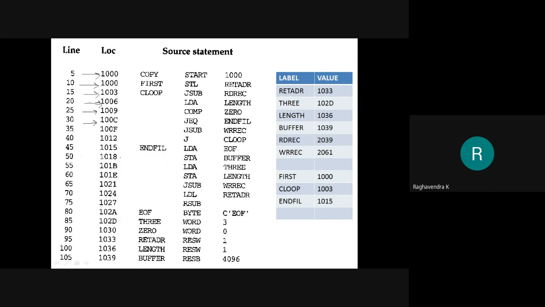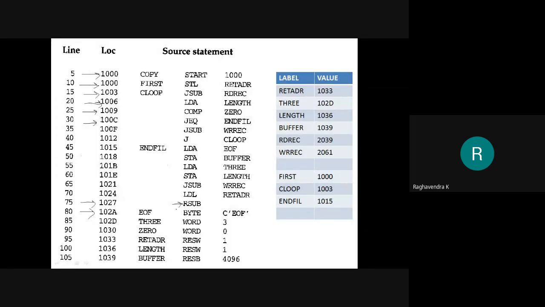But remember that the same does not go with assembler directives. Now, for example, come here, which is at line number 80. I hope you are seeing that. So previously at 1027, we have an RSUB instruction, which is 3 bytes in length. So 1027 plus 3, which is 7 plus 3 is 10. So we have got the address 102A for EOF.